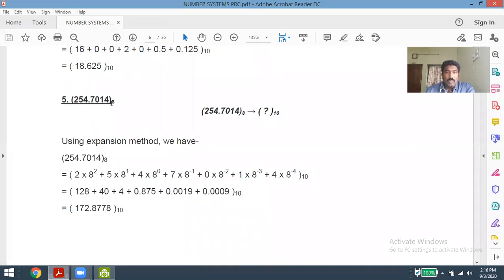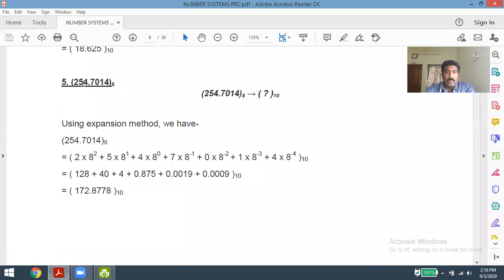So how do we go about octal? The same process, just like binary. We take all the given digits with their base powers. That is 4 into 8 power 0, plus 5 into 8 power 1, plus 2 into 8 power 2. Next, coming to the values after the point, the fraction values,